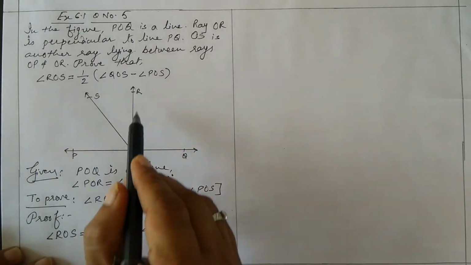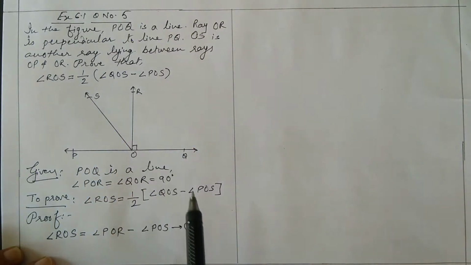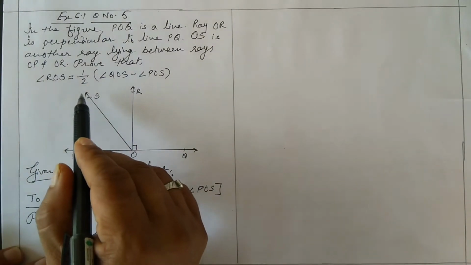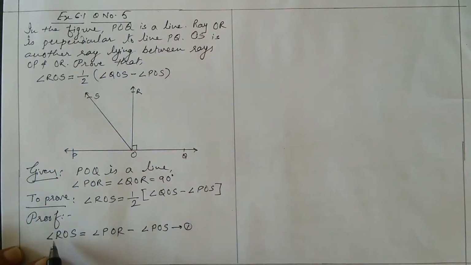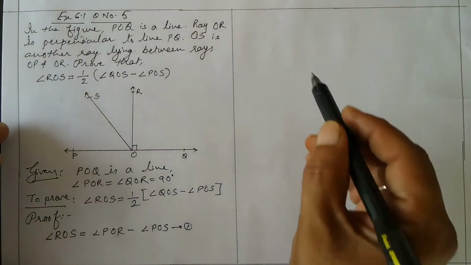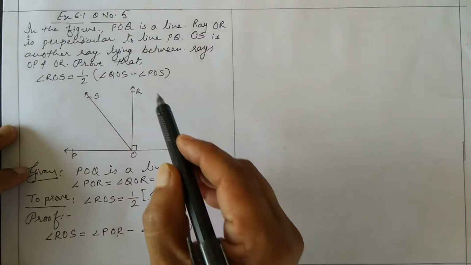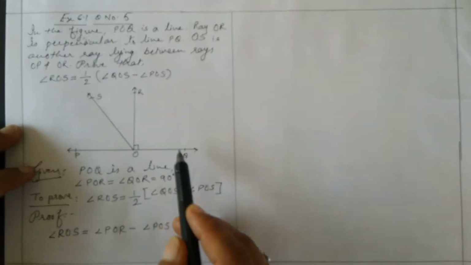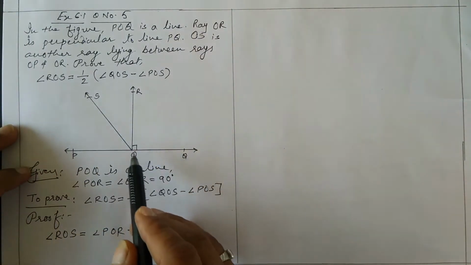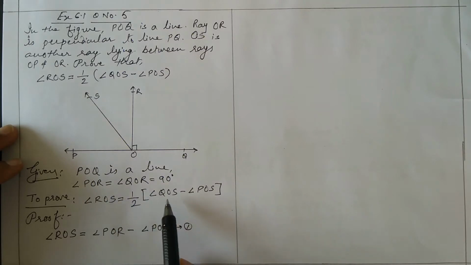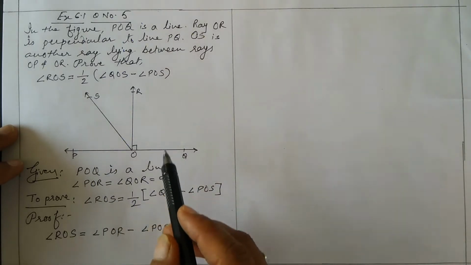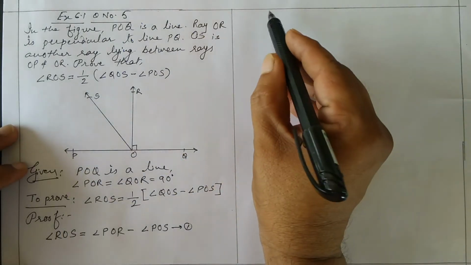देखो, POR में से POS माइनस करोगे तो आपको ROS मिलेगा. So मैंने लिखा ROS is POR minus POS. Okay, yes, this is result number 1. Okay, next again, SOR plus QOR is equal to SOQ. हमको टू प्रूव में QOS चाहिए, yes. तो हम अभी ROS कैसे लिखेंगे? Okay, also